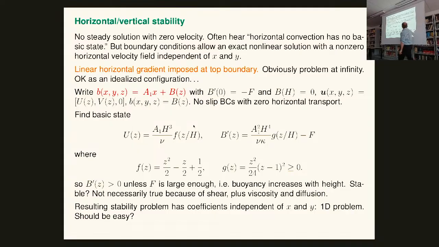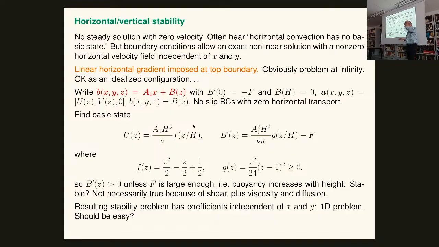And then, of course, you can also cool at the bottom rather than heating at the bottom. So if I cool at the bottom, I'm making it more stable. You can have negative Rayleigh vertical. If you make A1 negative, you can flip the system around. Doesn't change this, right? This thing goes like A1 squared, so having a gradient this way is the same as having a gradient that way, which is kind of reasonable. You wouldn't expect the direction of your buoyancy gradient to change your vertical flux profile.